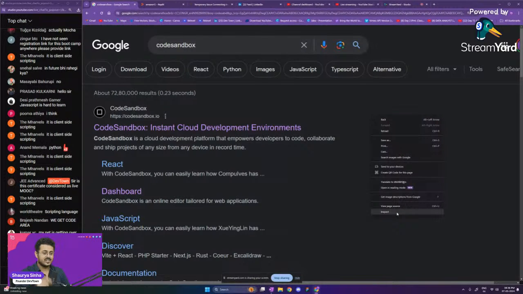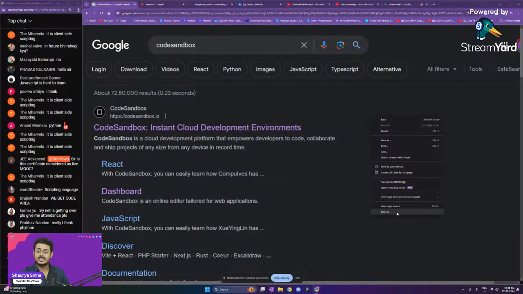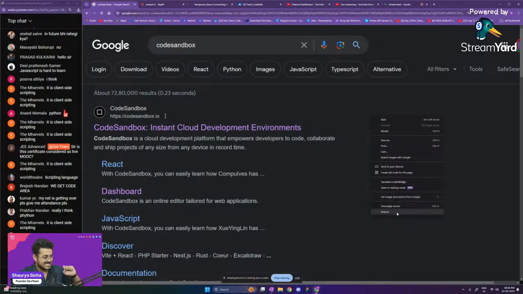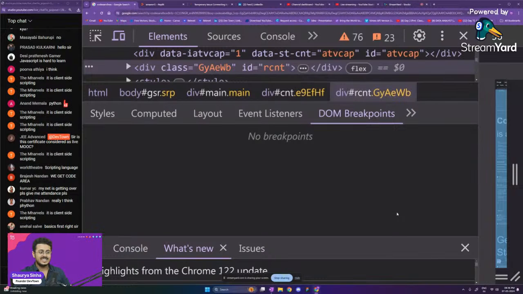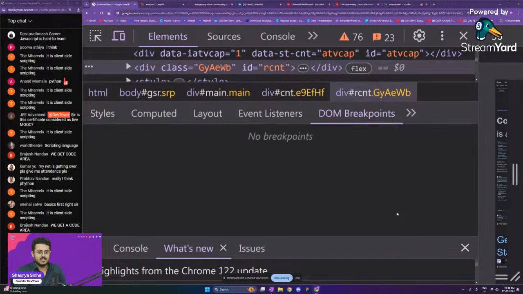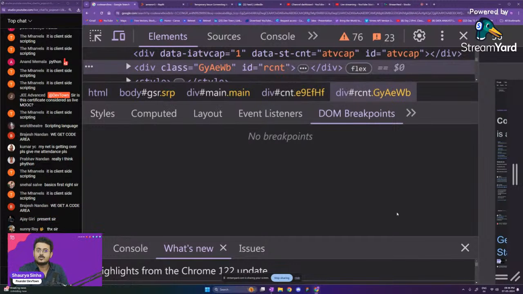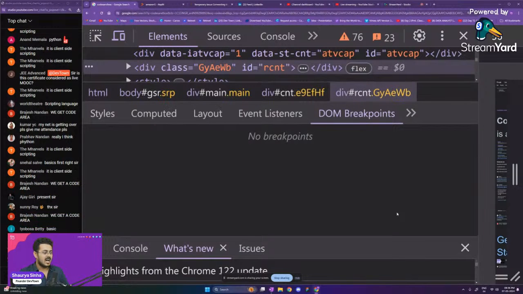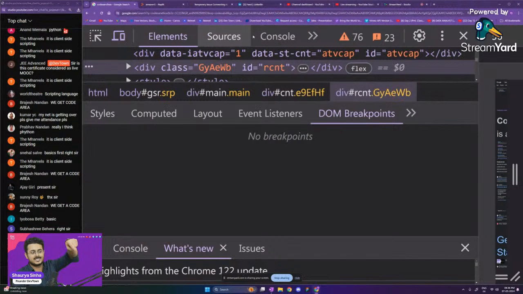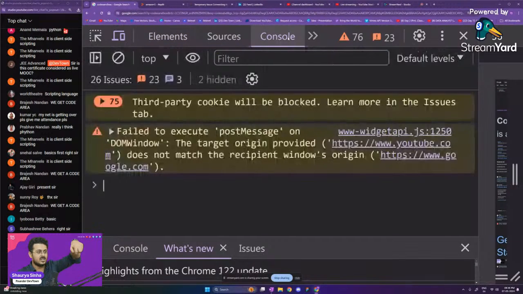Okay, so right over here, guys, do a right click and then click on the inspect option. Once you click on the inspect option, this type of console will appear in front of you. It doesn't look great, but this is the kind of console that is going to appear. I want you guys to click on console right over here. Elements, sources, console on the top. This is where we are going to start writing our code.